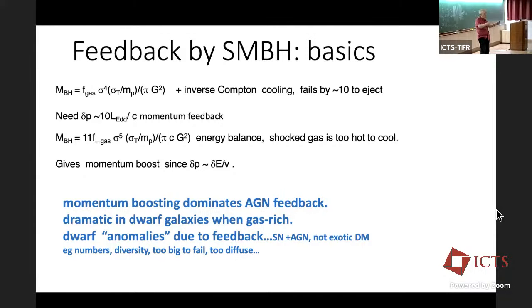There's more of a reservoir of material to feed it. But it reaches a limit when it's a certain fraction of the mass of the entire galaxy. And that is what explains what we observe, a great surprise. It was discovered some decades ago, the scaling relation between central black hole mass and the mass in stars of the galaxy, or more precisely, the random motions of the stars that define the potential well of the galaxy.